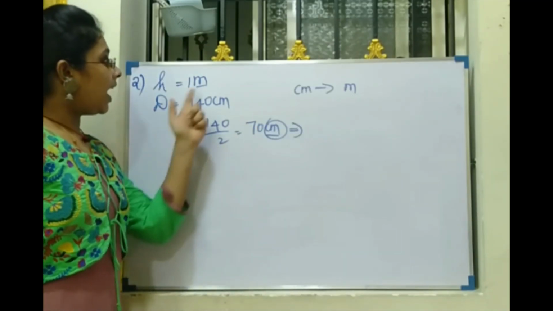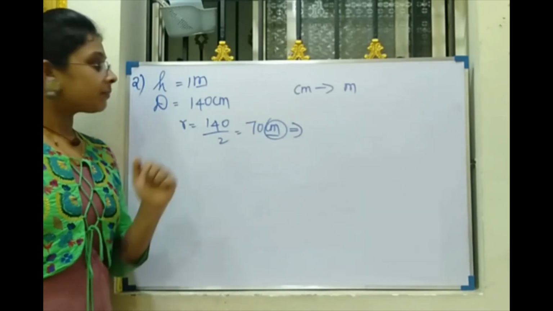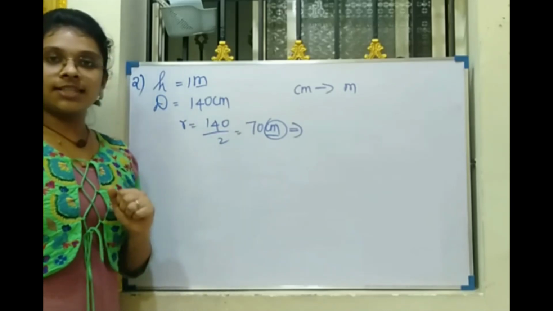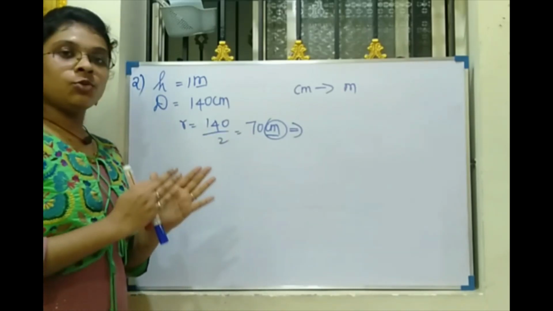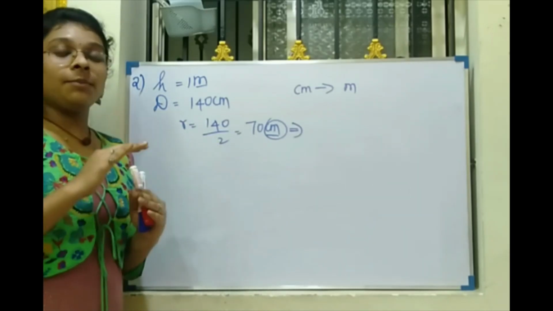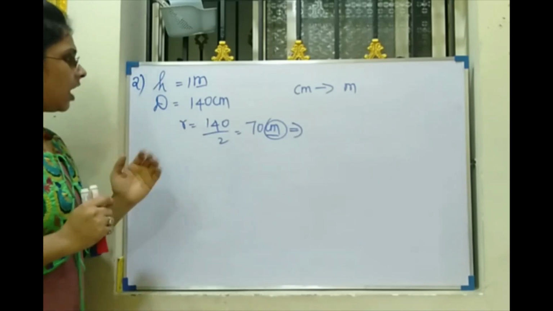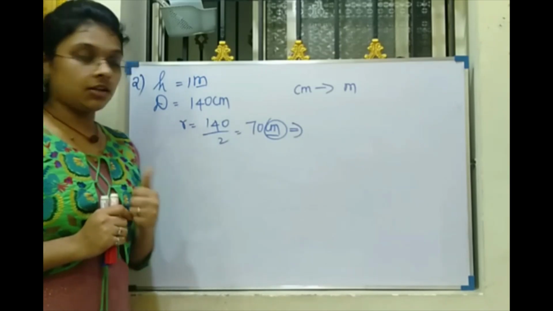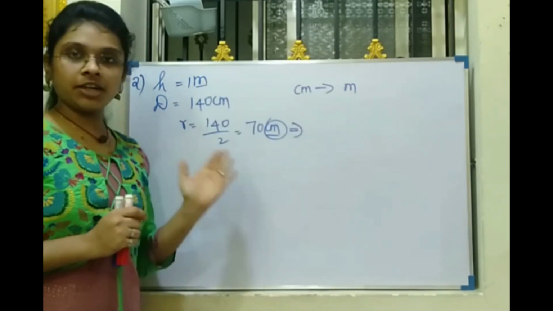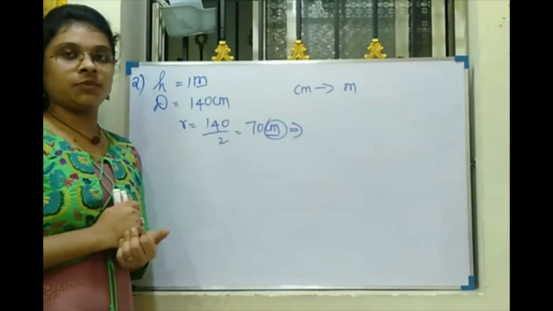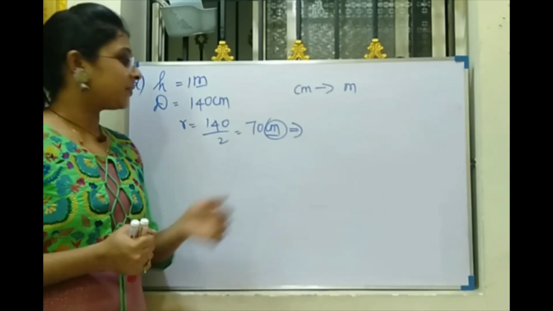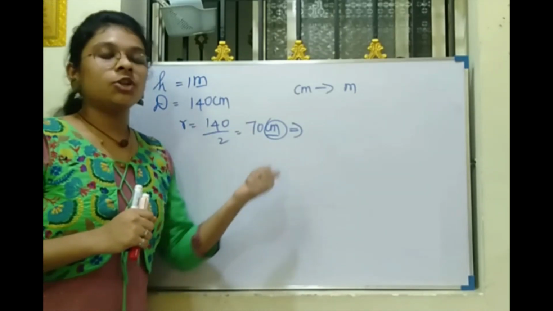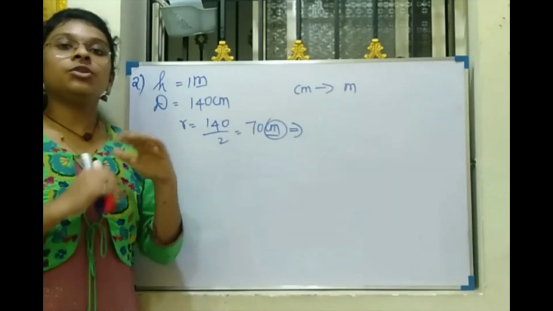Here see, we have different units, right? One is in meter and another one is centimeter. First we have to change the units and make them the same. Okay. Now here, see, meter is larger than centimeter. Now we have to change the centimeter value. Why am I changing the centimeter value? Because it's obviously easy. For changing smaller unit to bigger unit, we have to divide.